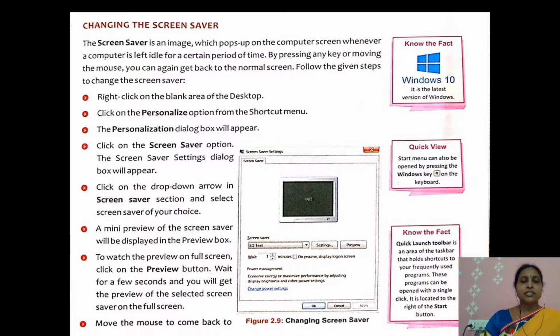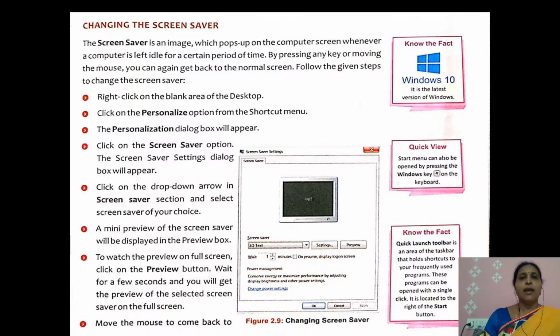See, what happens is, children, when you start doing something on the computer, your mother calls or your friend calls, you just leave the computer and you'll go, isn't it? So you were working on some program. If you're working on some program, suddenly by itself the screensaver will come onto the computer, and when the computer is idle, it will directly shift from the program to the screensaver. So when it's left idle for a certain period of time, you can have this